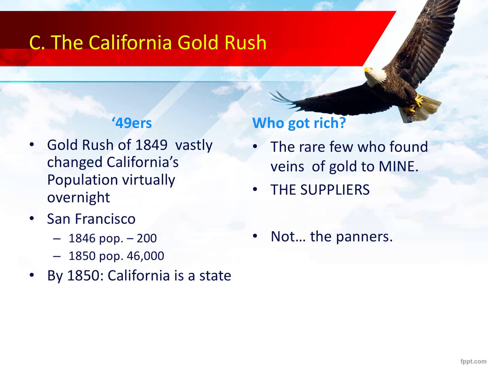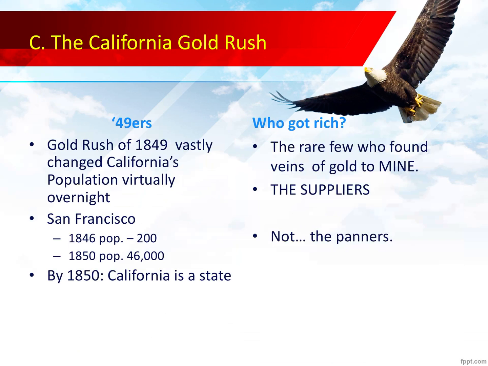But the great population rush allowed California to go from a sparsely populated area to becoming a state rather quickly. In 1850, California becomes a state. Now, today we think of California as part of the contiguous 48 states. In this time period, California is not attached to the other states. So in a very real way, you could think of California in this time period like we think of Hawaii and Alaska today. They're part of the United States, but they're not connected to the rest of us.